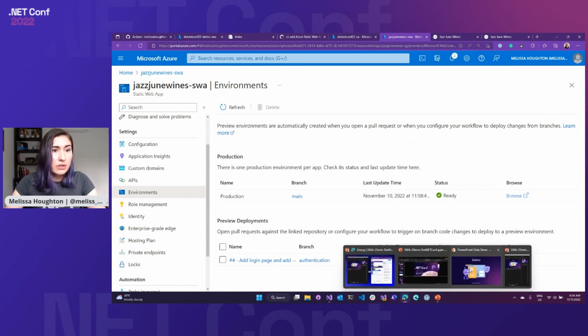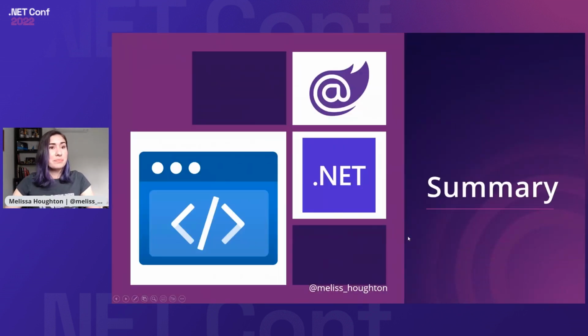Great. So if we go back to our slides, we have seen a lot of really great stuff today, a bit of a whirlwind tour of using Azure Static Web Apps and how you can use it with your full stack .NET applications. You can build really powerful Blazor WebAssembly apps using things like component libraries to have really robust applications. And when it's hosted on Azure Static Web Apps, you have that globally distributed hosting, the streamlined build and deployment, and those seamless staging environments that make it a really nice developer-first experience.